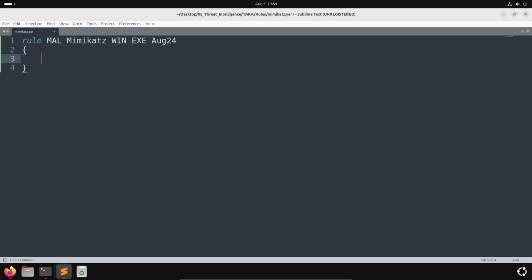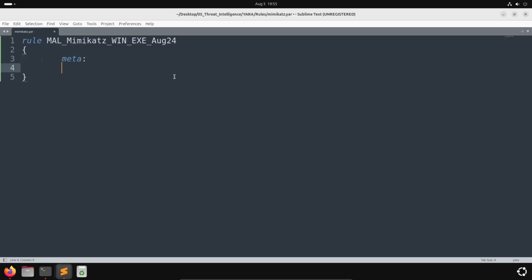And so let's write up our metadata for this rule. And so after we create our little curly brackets here, we want to define our meta section with 2 tabs here. So I'm going to hit the tab key twice, and then I'm going to type in meta with a colon. And from here, if we just hit a new line, well, it's going to make sure that we're already auto-tabbed. And so again, this is why we want to use something like Sublime Text or a code editor to